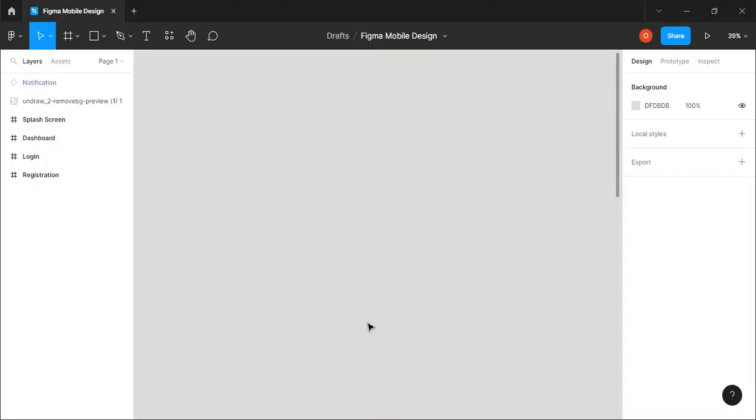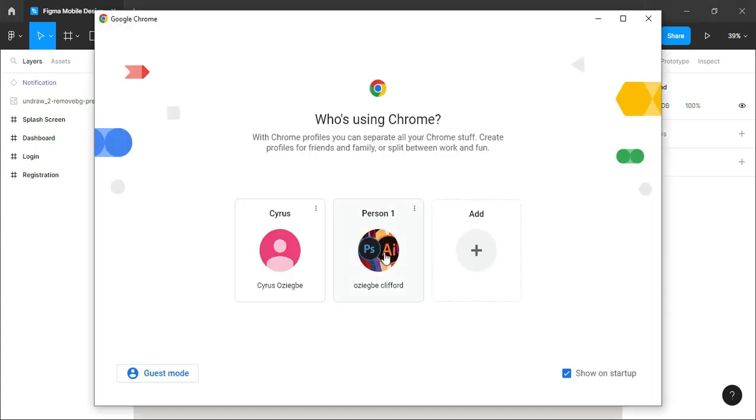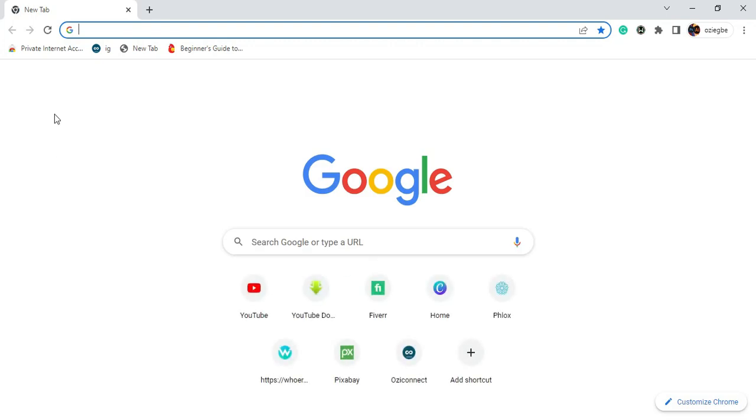Now here is our Figma. There's something I want to show you also. There's a website I get my ideas from. Let's check this website. It's called